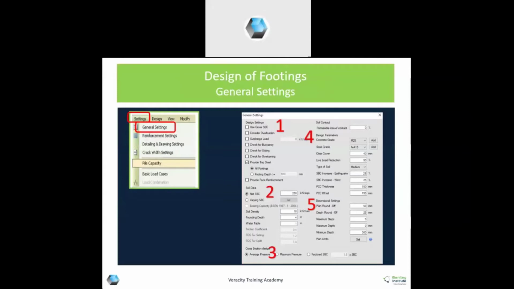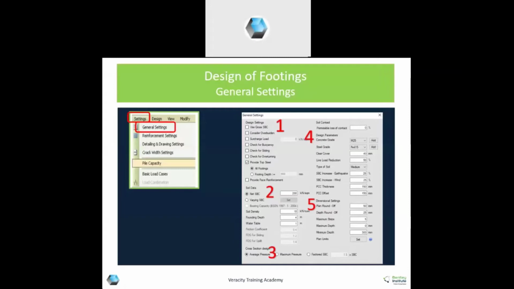It means overburden soil pressure, overburden soil weight will be considered whenever you are using gross SBC. Otherwise, net SBC, two numbers. Net SBC is the one which you get from your geotechnical report or from the analysis.